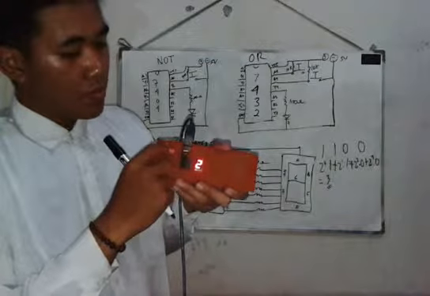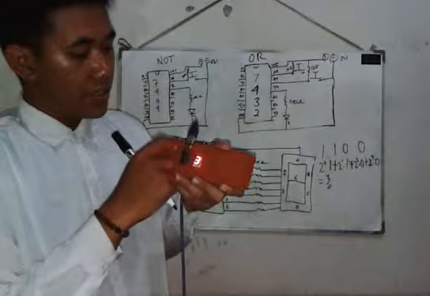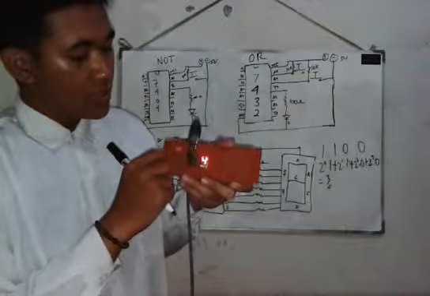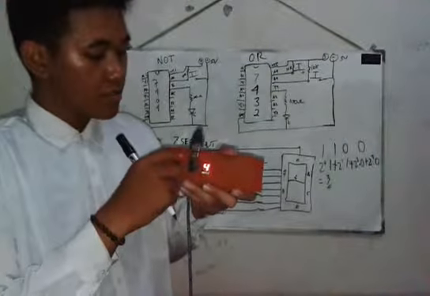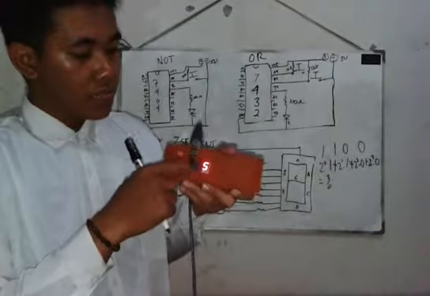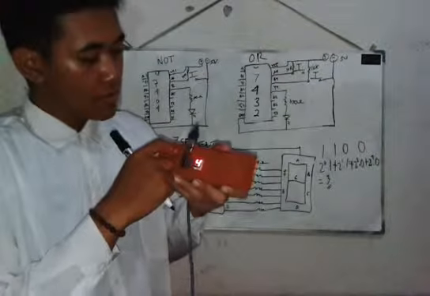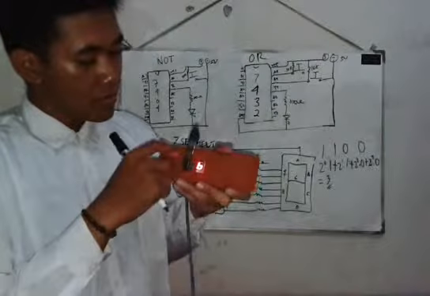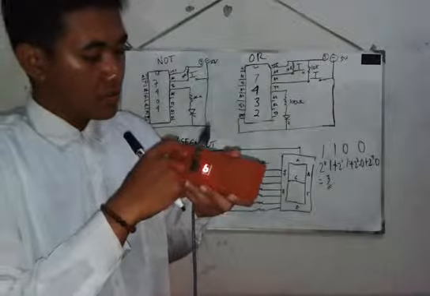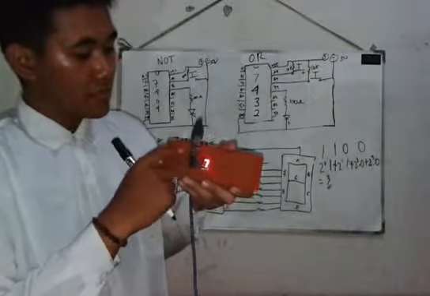If I push A and B up, it shows 3, and then if I push C up, it shows 4. If I push A and C up, I get 5. If I push B and C up, it shows 6. If I push A, B, C up, I get 7.